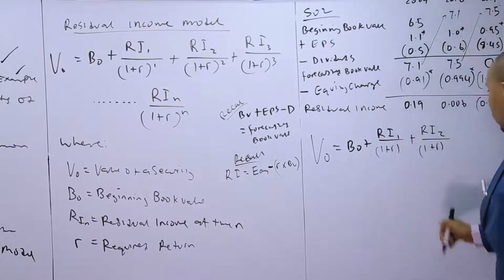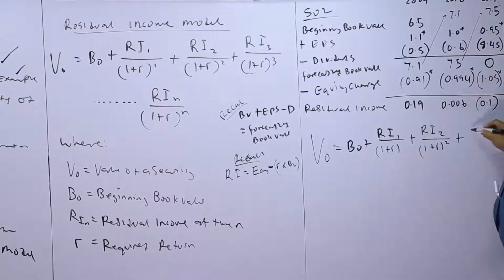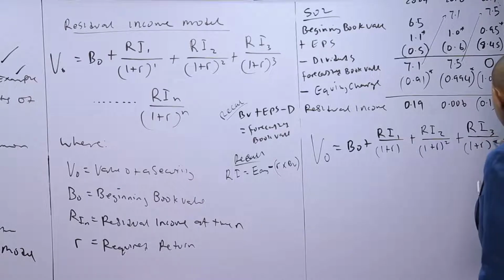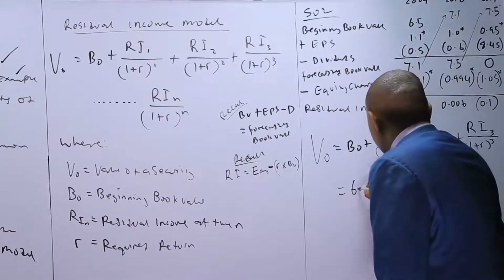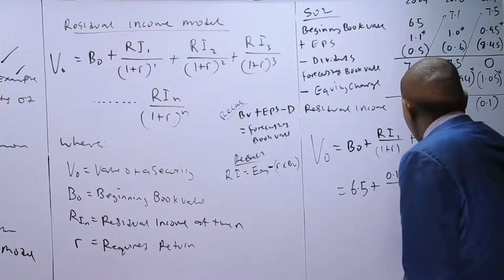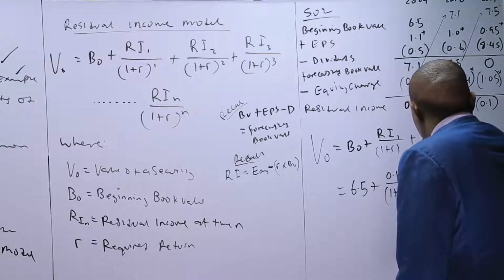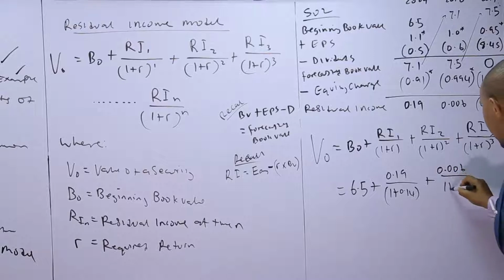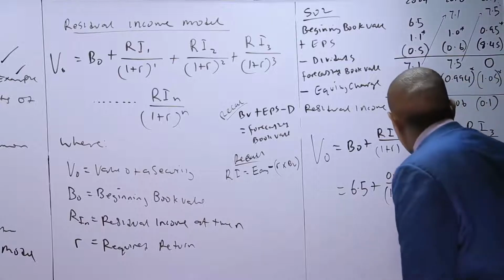I was initially thinking that we do not need to write it again. Let's just rewrite it for purposes of consistency. So RI3 over 1 plus R power 3, like that. So the beginning book value, we have the 6.5 plus the residual income is going to be 0.19 over 1 plus 0.14 power 1, plus we have the 0.006 over 1 plus 0.14 squared there, plus we can come down over here and add